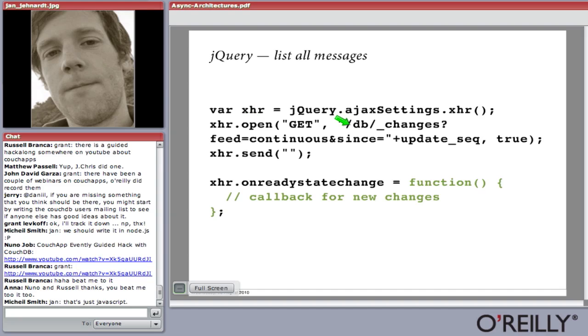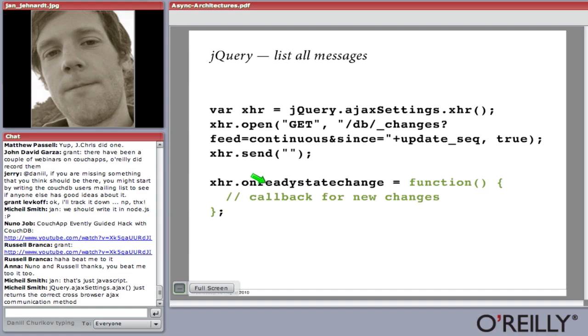Again, simple as pie. There's a URL here. I want the DB, the changes, a continuous feed since the last update sequence that comes from somewhere else, and I want it to be asynchronous. And then I send a request. And I also set up the onreadystatechange event. So whenever I get a result, something sent back from that request, this function gets called, and that's how I know to look for new data that is in the chat room, and update my UI